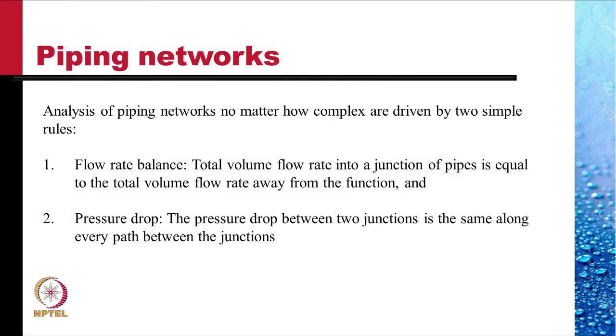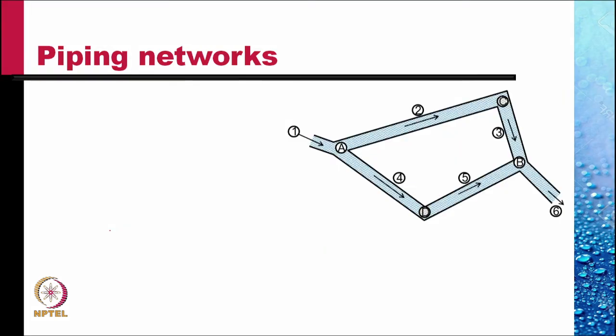Analysis of piping networks, no matter how complex, are driven by two simple rules. The flow rate balance: total volume flow rate into a junction of pipe is equal to the total flow rate away from the junction, because the volume of the flow cannot be created at a junction. Then the pressure drop between two junctions is the same along every path between the junctions, the paths being parallel to one another. For example,